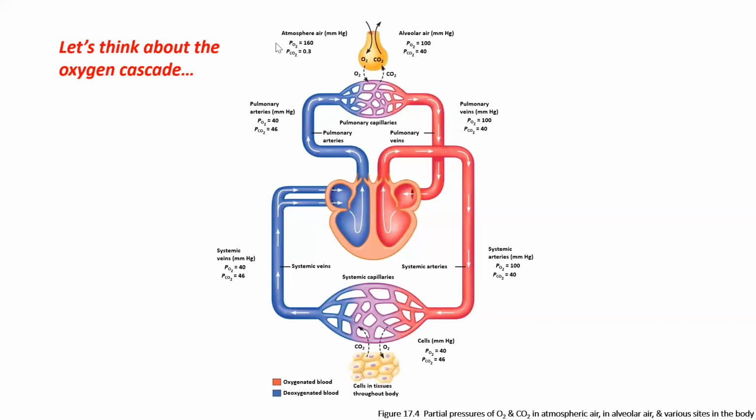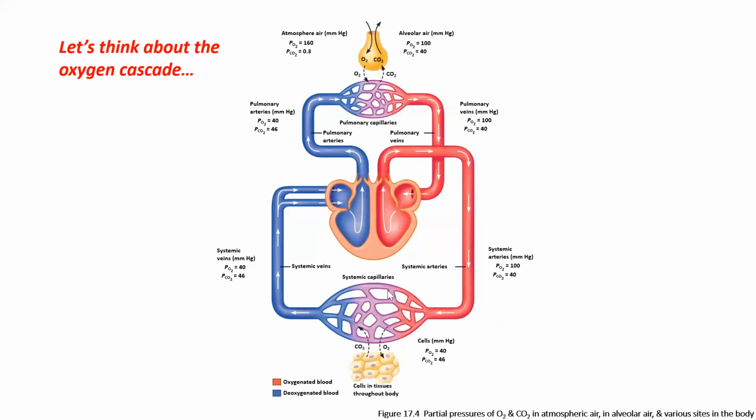So we go from a high partial pressure of oxygen in the atmosphere. It slightly reduces as we get down into the alveoli, so it goes from 160 to 100, and we talked about why this is. Because we introduce humidity, we introduce moisture, we're going to see a reduced partial pressure of oxygen as we go from the dry air in the atmosphere to the humidified air in our alveoli. For the rest of the way down, it's pretty much consistent until we get to the